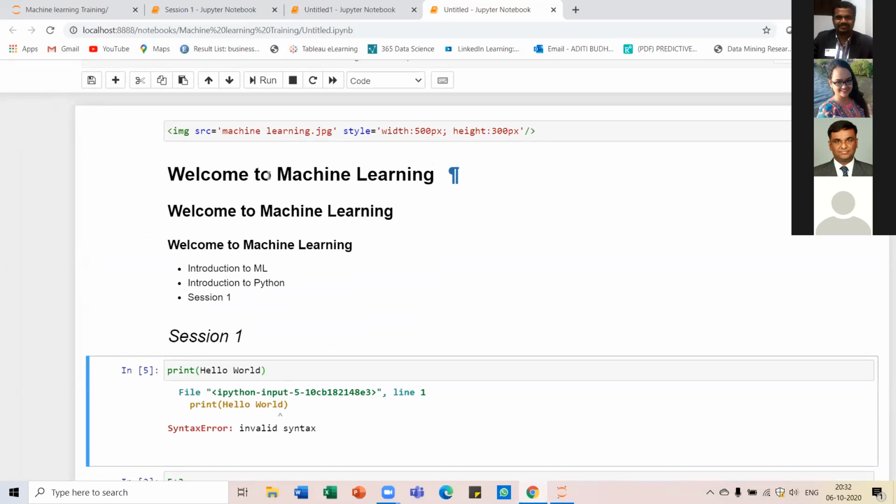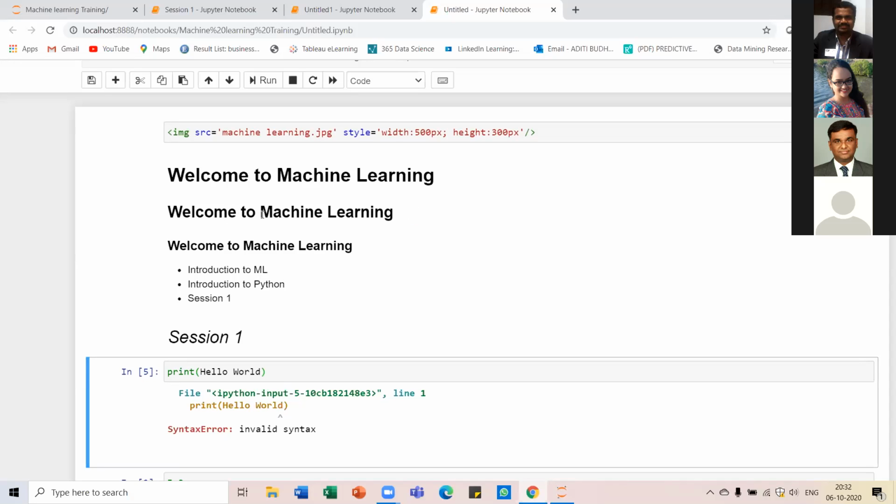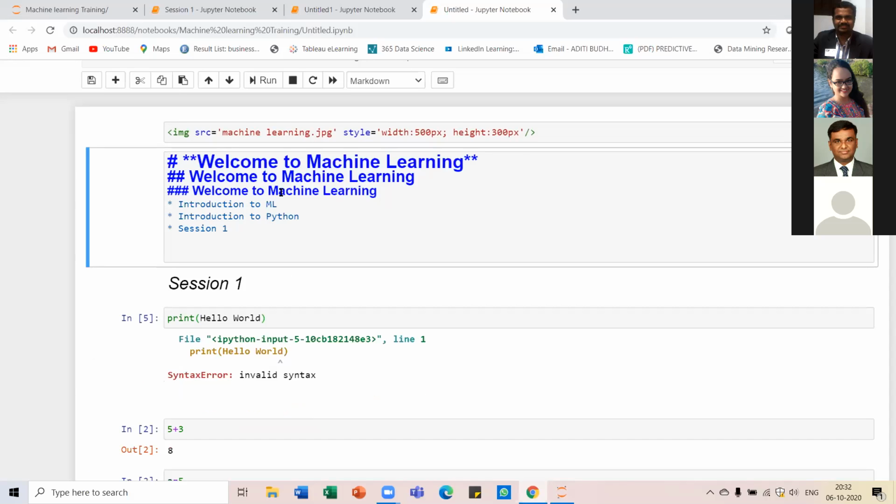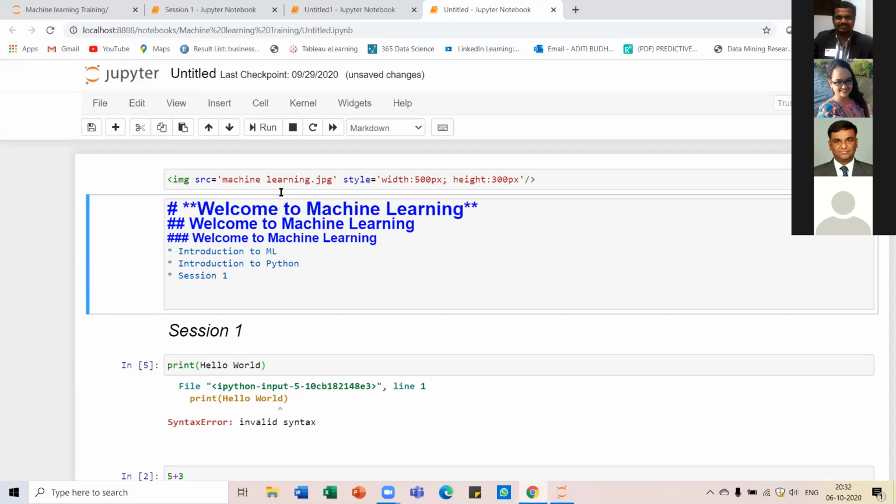Sorry. Yeah. Now, let us learn something more about Markdown, like how you can do various formatting in Markdown text. See here, when I use just one hash, that becomes my main header. Automatically, the text size for this title will be the largest.